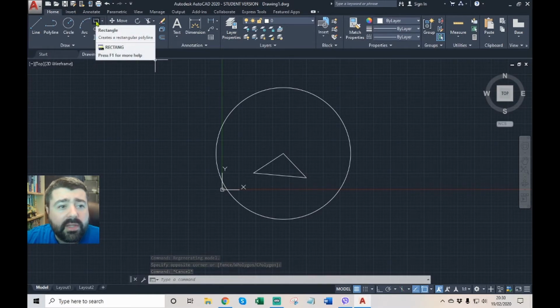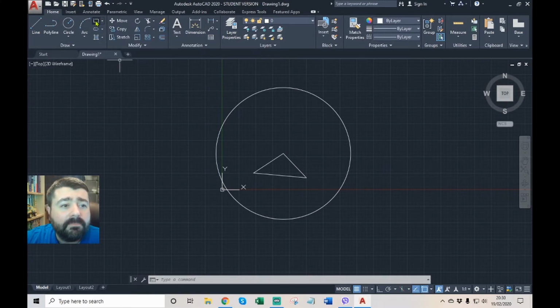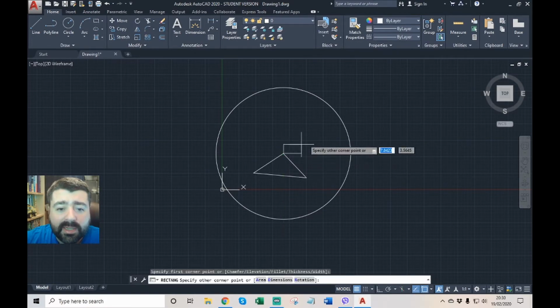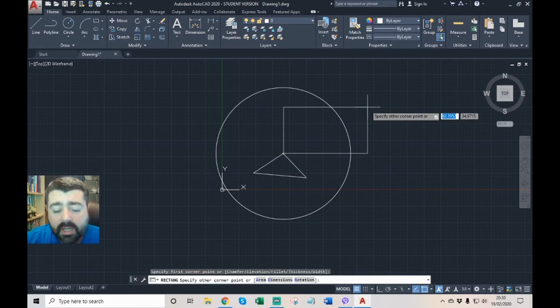The next thing I'm going to do is, if you come up here, we've got rectangle, so I'm just going to click on that, and again I'm just going to click anywhere, make it. As you saw there, you can specify how big things are, and certainly in a professional setting, you won't just be eyeing things in, you'll be drawing things to a specific size. So I'm going to make this rectangle